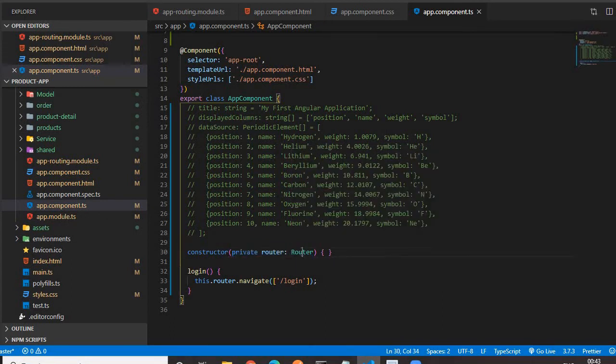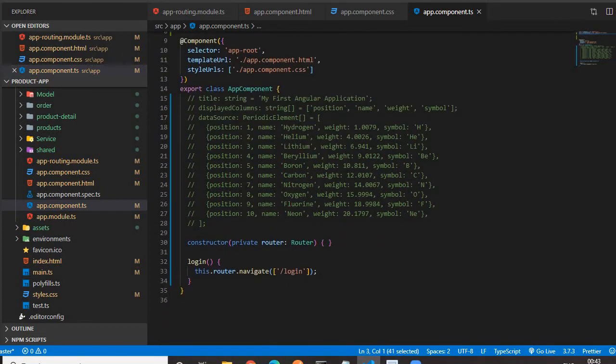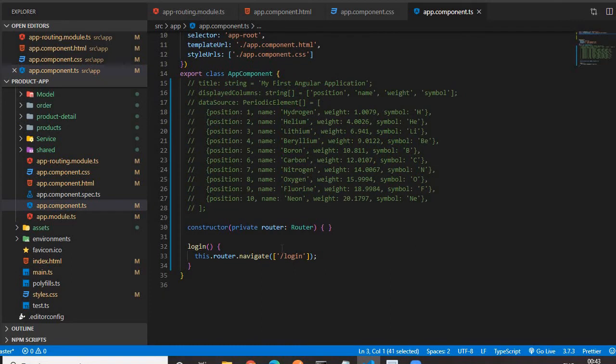Router is a class available within the @angular/router package. We need to import it. Once we have imported it, router is a variable of type Router, and this way of creating the object is called dependency injection.